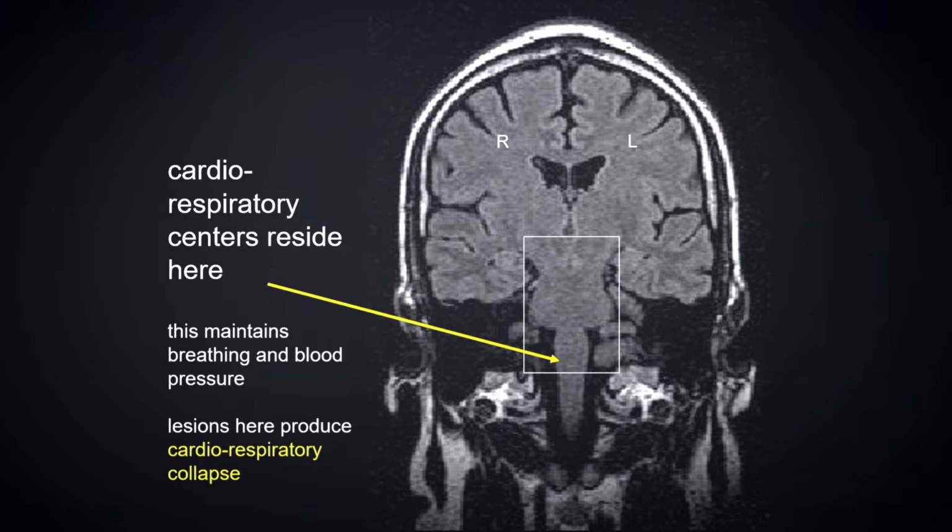Finally, a lesion of the medulla has the ability to affect cardiorespiratory centers. Lesions here can produce fatal arrhythmias, complete asystole, and can change a patient's ability to breathe and can take away respiratory drive. So lesions of the midbrain produce coma, lesions of the pons produce locked-in syndrome, and lesions of the medulla produce cardiorespiratory collapse. And so now you can understand why the high-priced real estate of the brain actually means